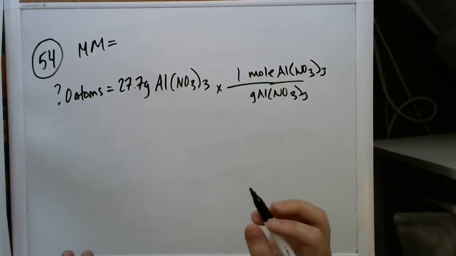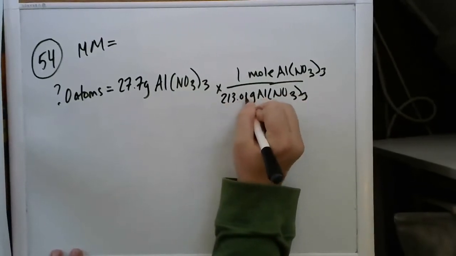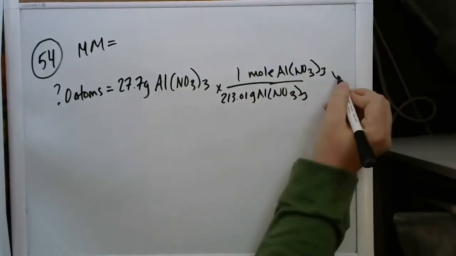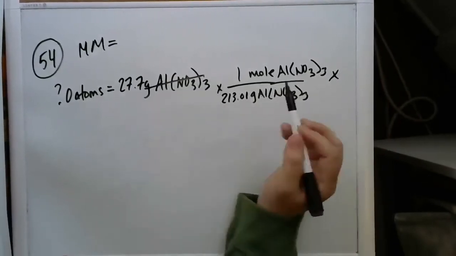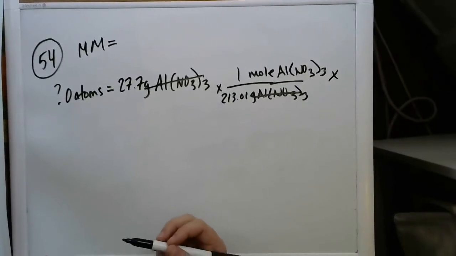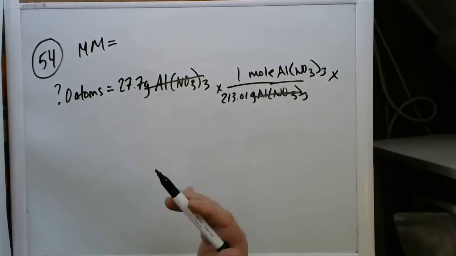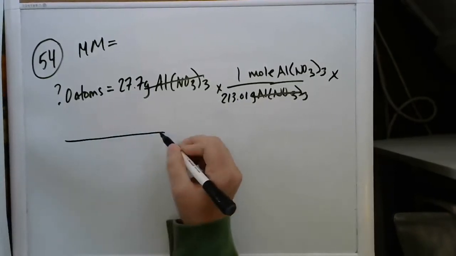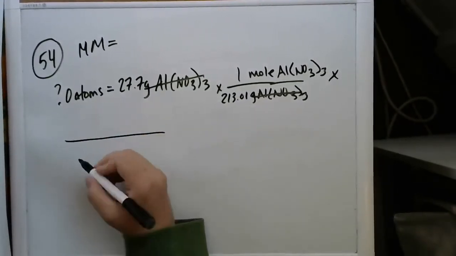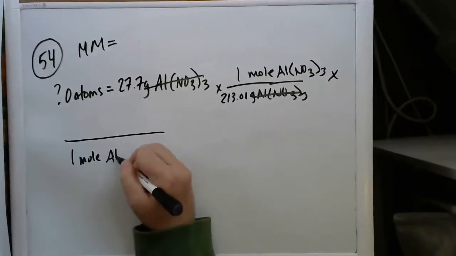Okay, I got 213.01. Okay, all right, so now I've gotten rid of my gram value for aluminum nitrate and I've converted it into moles. And now I want to make my transition from aluminum nitrate into oxygen atoms. So continuing along down here, now we're going to say in every 1 mole of